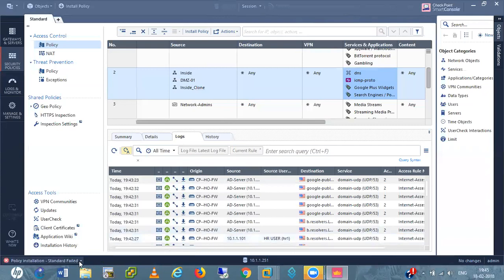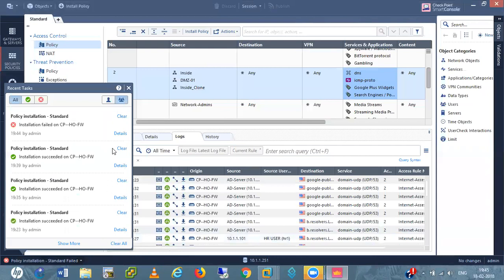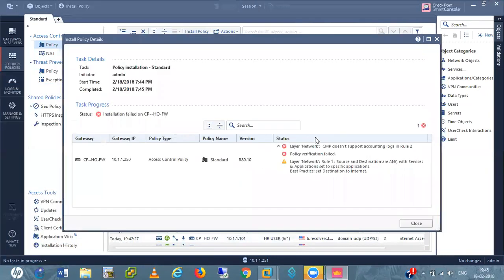Policy installation failed. Let me check what the errors are here. ICMP does not support account logs in rule 2. Policy verification failed, Layer 2. Okay, this ICMP protocol is not supported.